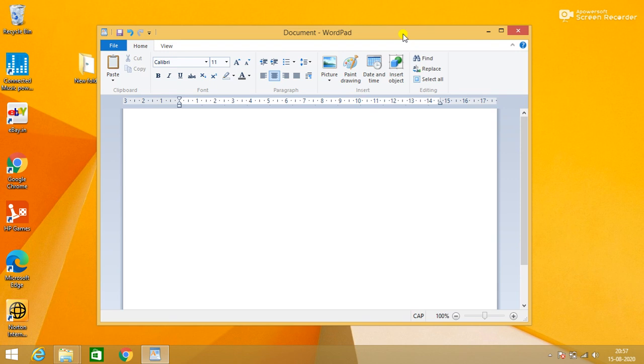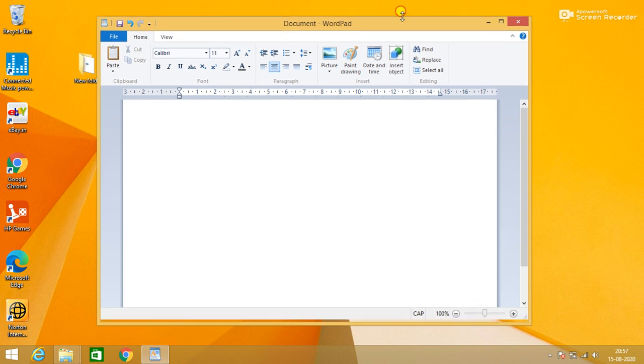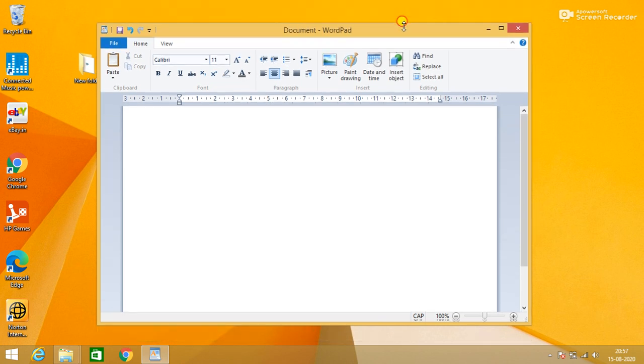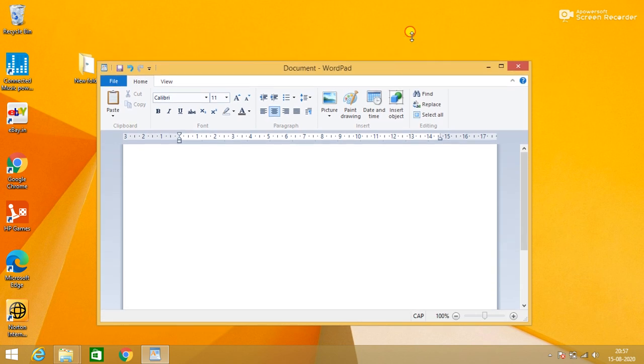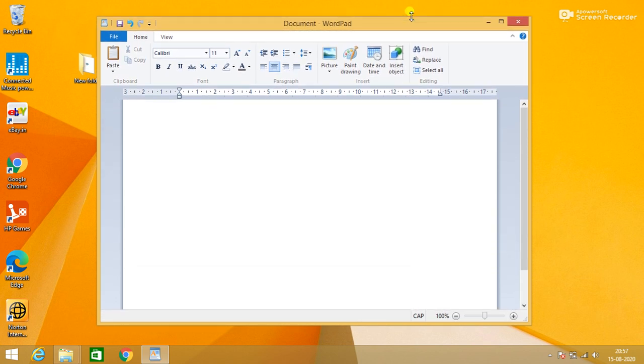You can also resize your window by dragging the frame of the window by the sides of the frame. Like if I place my mouse here, it becomes a double-headed mouse pointer. By holding and dragging the mouse pointer, I can resize it, make it smaller or bigger from here also.